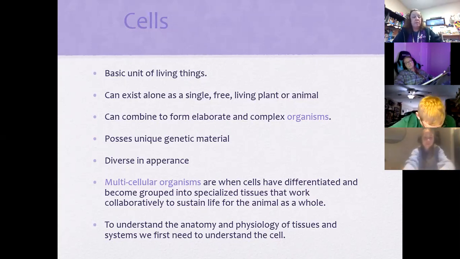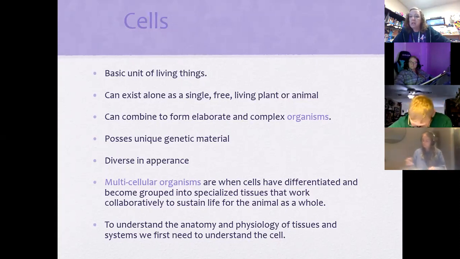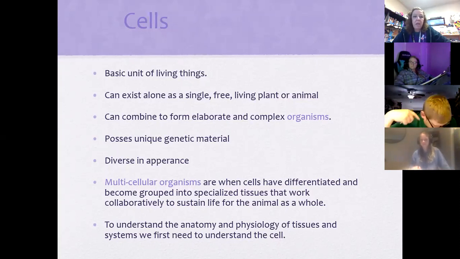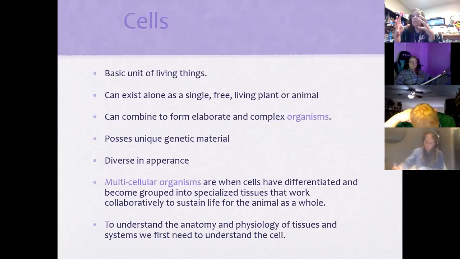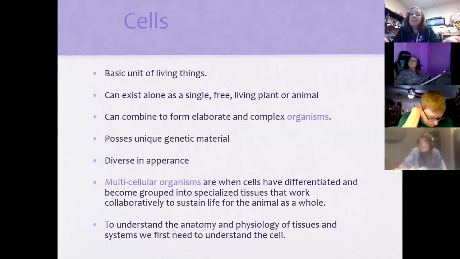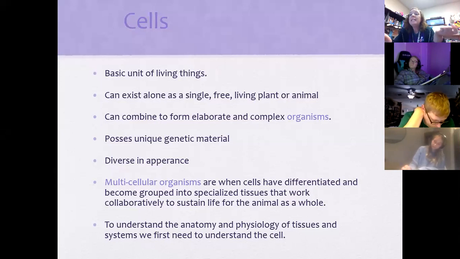So cells can live alone. You don't have to have them as part of a complex structure. We are the most complex structure, but we also have single cell organisms. In fact, we've got some single cell protozoal parasites that are pretty nasty. You're going to learn about those. We've got things like spirochetes and Giardia and Clostridium and that sort of stuff. So they can live together as a complex organism, or cells can stand alone. They can be single cell organisms.